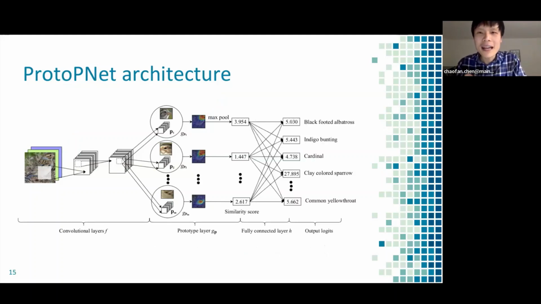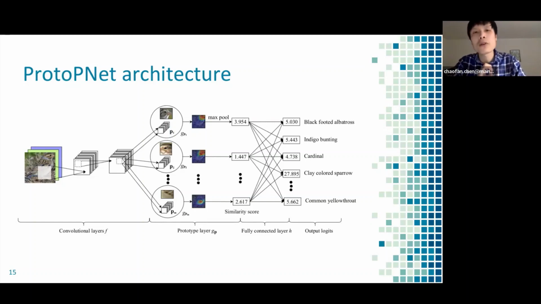And after the prototype layer, every prototype unit basically produces a similarity score. And we have a fully connected layer afterwards. And these similarity scores are weighted in the fully connected layer to produce the output class scores, which are the final class scores for all the classes, all the 200 classes. And as usual, the class with the highest logit, or the highest score, is the predicted class. So this is the same as the usual regular neural network.